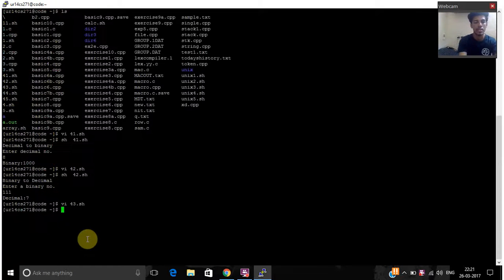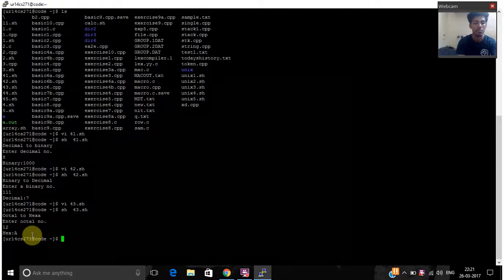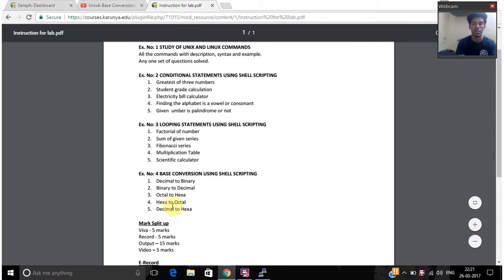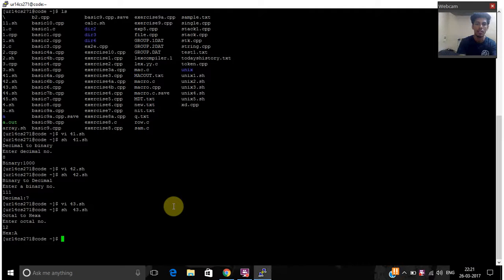So let's just execute and see this. So here I gave the octal number as 12. So I get the hexa as A, because when we convert the octal into decimal, we get 10, and the hexa for 10 is A. So the next question is to convert hexa to octal. So for that, the code